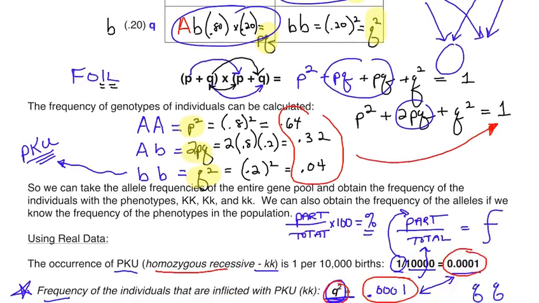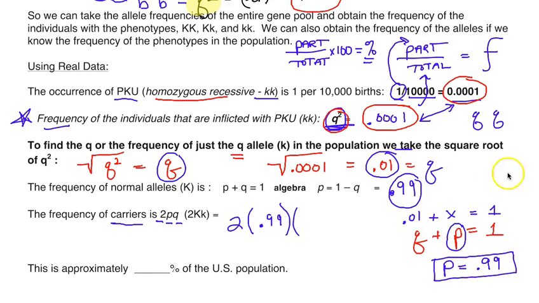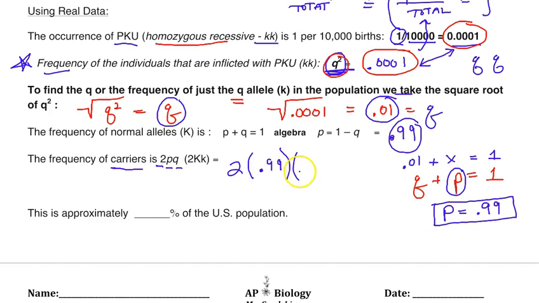Don't lose sight, but it's given to you in the reference table anyway. So 2pq. So 2p, what's the q? 0.01. Put that in your calculator, and you get 0.0198. And that's the frequency of the